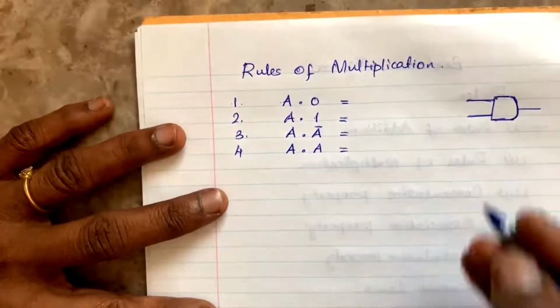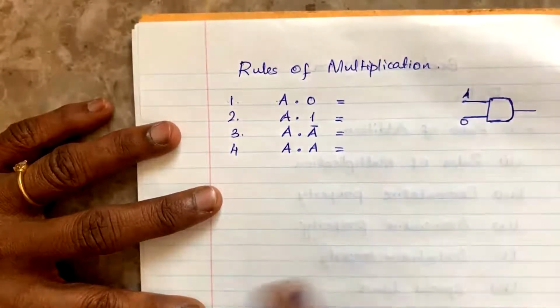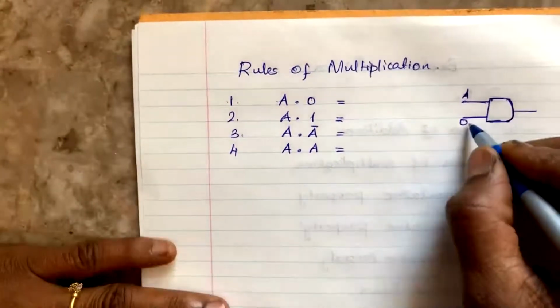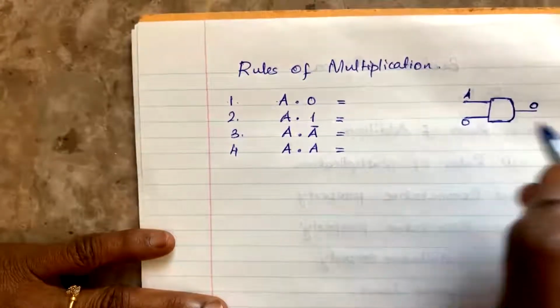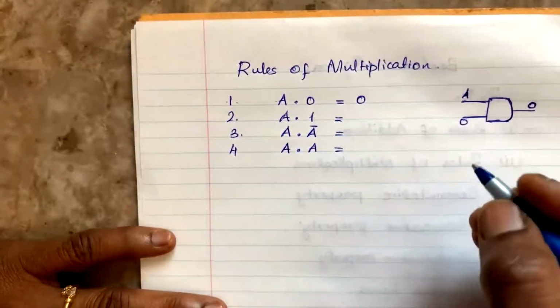Now, here I have A, the other input is 0. I don't have to explain too much about it because 0 at any of the inputs of the AND gate in multiplication will produce a 0 only. So A dot 0 is 0. Now A dot 1,